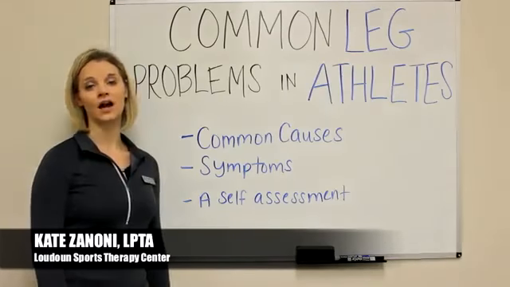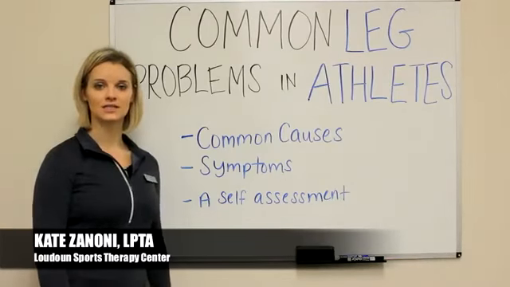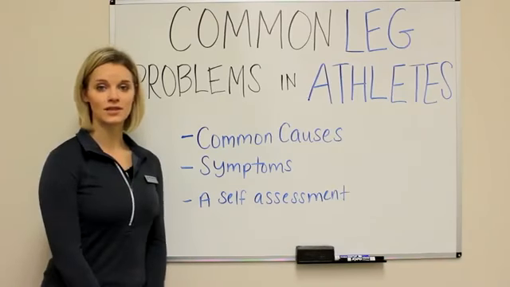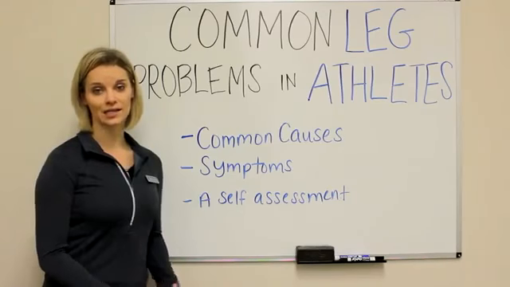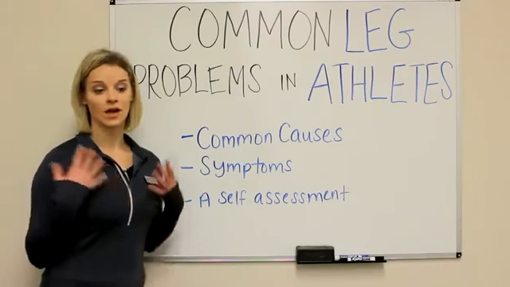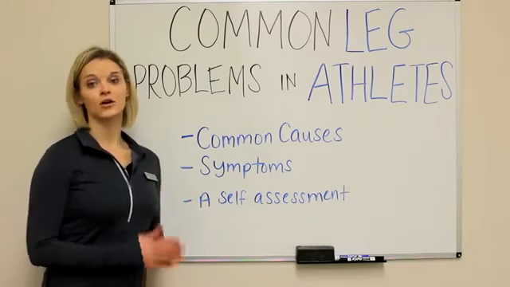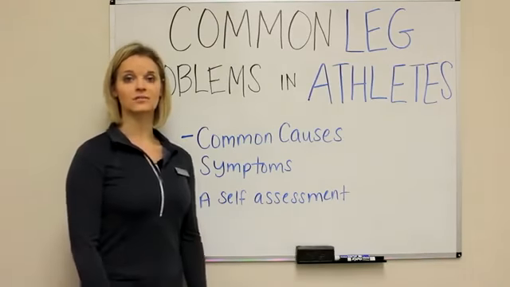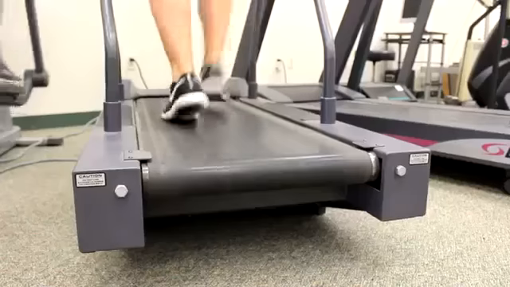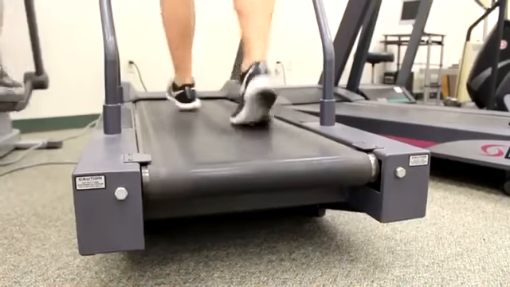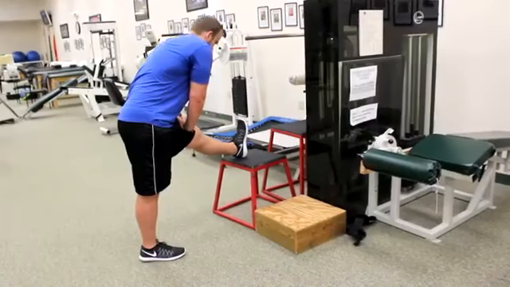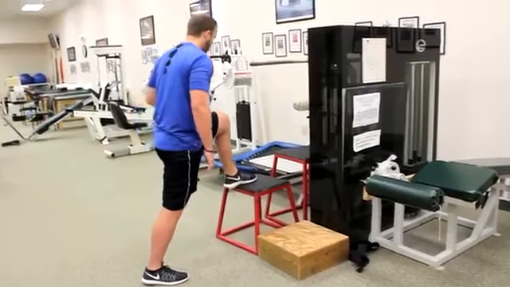You about common lower extremity problems that we see in our athletes. Some of the two most common things that we see are hip pain and ankle pain. Some of the common causes for this is overuse. With overuse, oftentimes comes improper training. If you're not doing a proper warm-up before you go out and play your sport, and if you're not stretching afterwards, that's definitely going to play a big role and can definitely put you